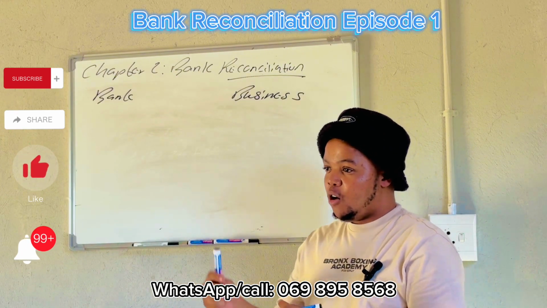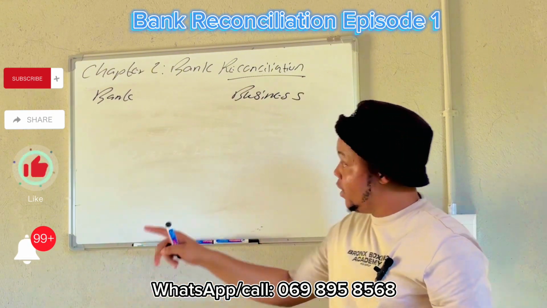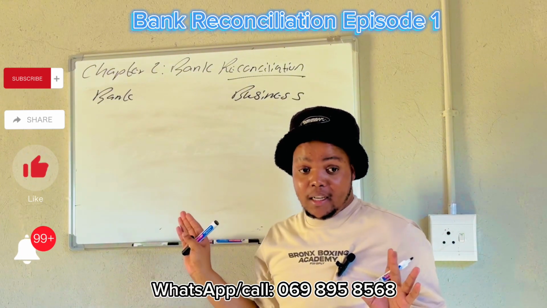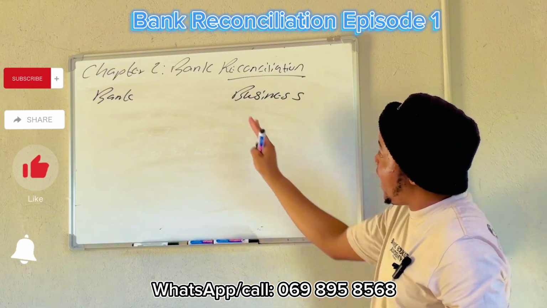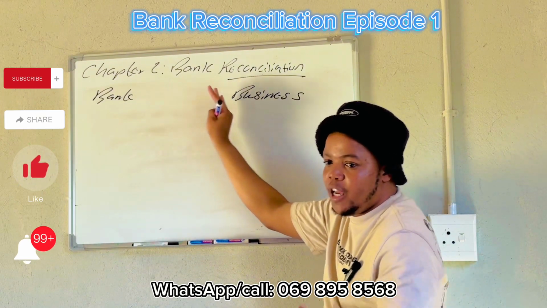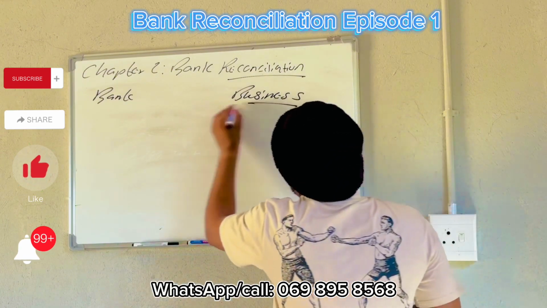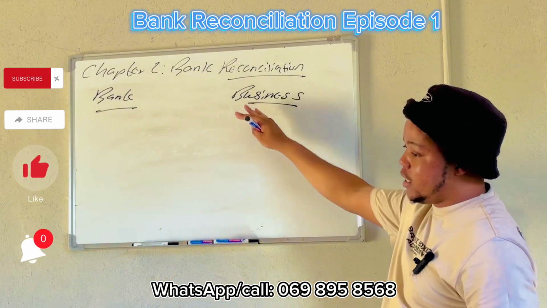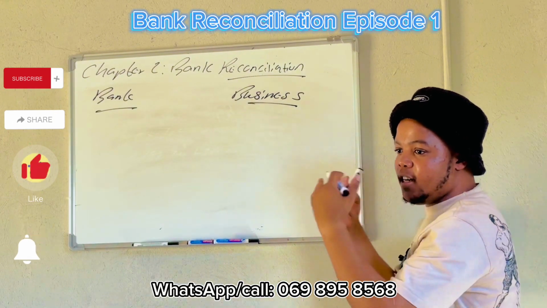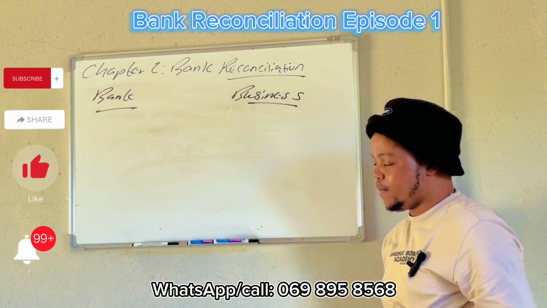So meaning that when we are busy using the money in the bank, buying, receiving, etc., we might make mistakes. The bank can also make mistakes. So meaning that we need to sit down and check between the two who made the mistakes, and we must also have a will to rectify the mistakes. So now, remember, we have two parts: bank and business. Ourselves, we always call ourselves business. And then now we are dealing with other people, which is called the bank. You are following, right? Yeah. So now,